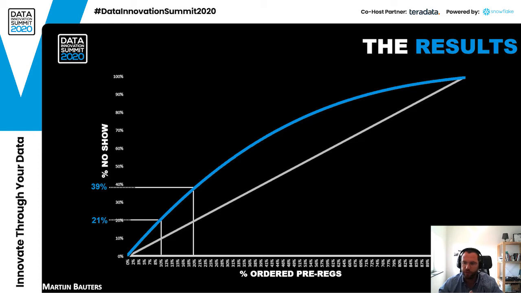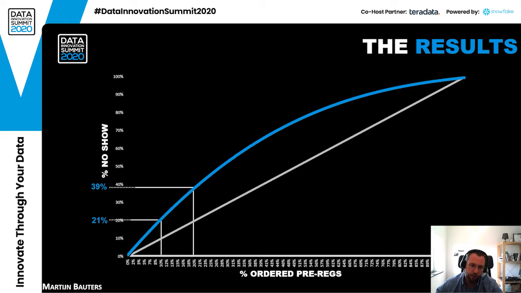At the evaluation of the results, this is the most representative show that we have for all the ones we did. So on average we were always at the same point. This AI algorithm works in production right now after the adaptations that we wanted to do. But what you see here is a gain curve. We show the percentage of no-shows in the sample that we would provide on the vertical axis. On the horizontal axis, we order the preregs going from the left side, having the most chance to not show up,